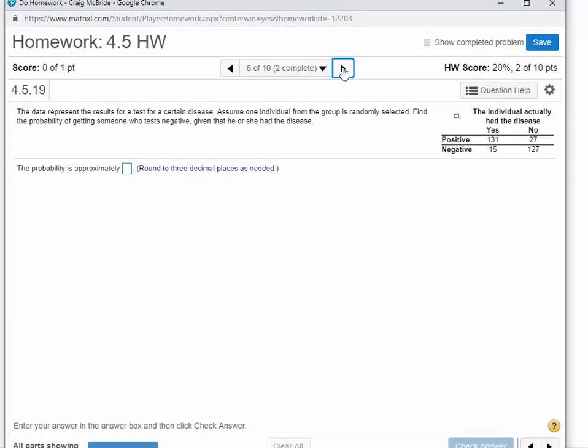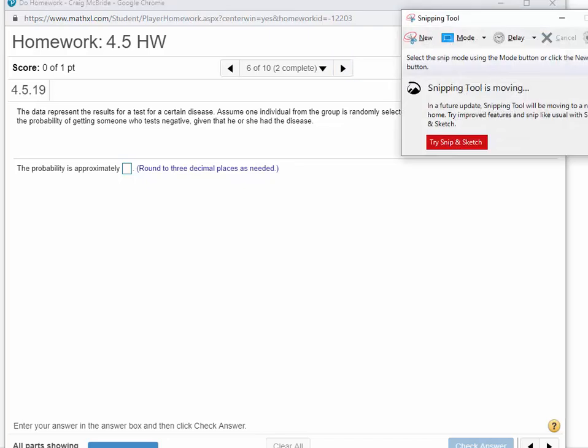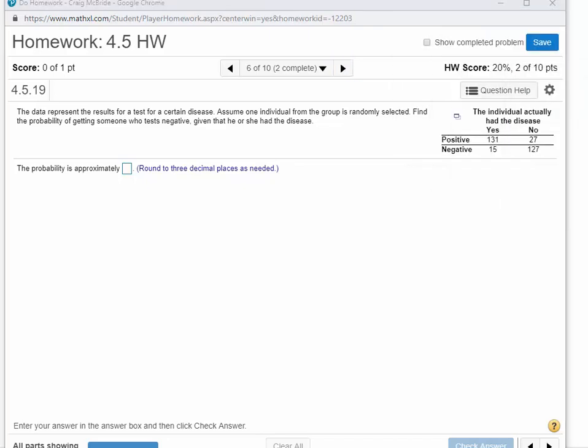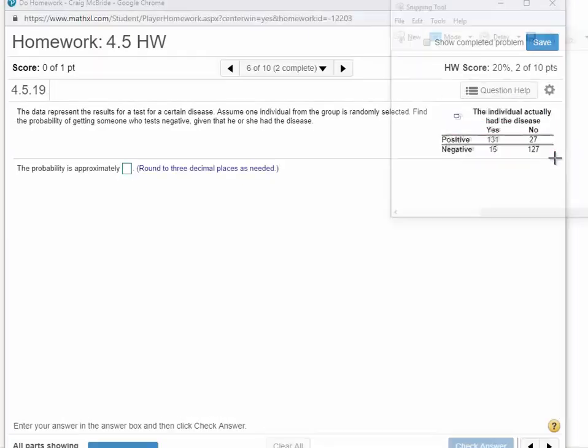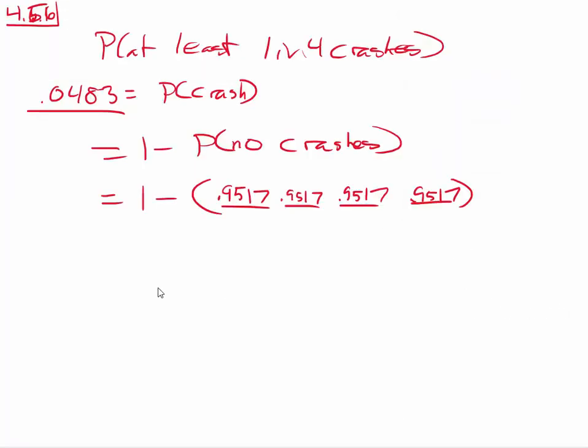Okay, here we've got a data table. Assume one individual from the group is randomly selected. Find the probability of getting someone who tests negative given that he or she had a disease. Now, the book wants you to use formulas. And if you want to use formulas, be my guest. But I think the formulas are a waste of time. I think they overcomplicate things. I think it's a lot easier to just use the idea that all the given condition does is it resets the question. Instead of looking at everybody, we're only looking at,